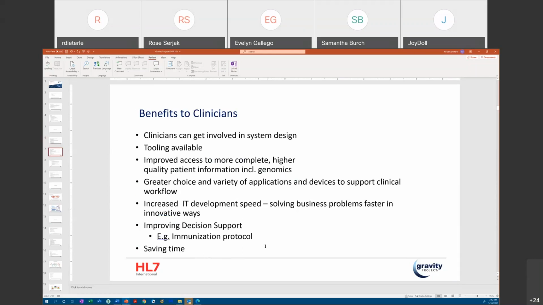We have tooling available that makes it easy for people to understand it and implement it and update it and particularly design it. We have to be able to improve access to quality patient information that needs to be exchanged between members of a care team. We need greater choice and variety of applications that can support clinical workflows. It's not okay to just have one solution or one off-the-shelf,